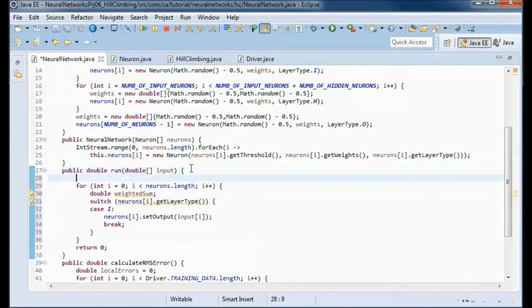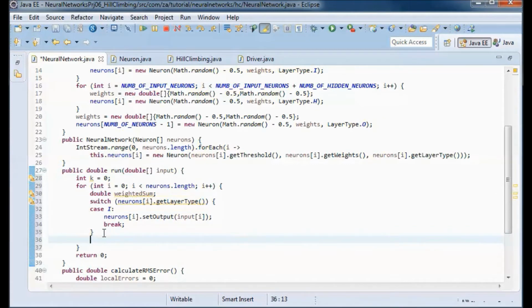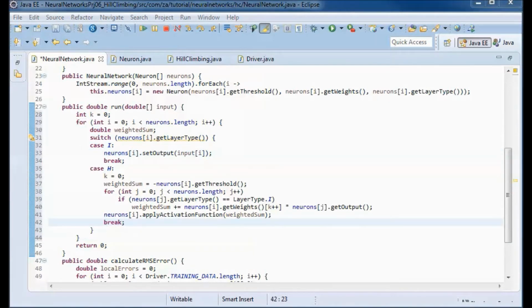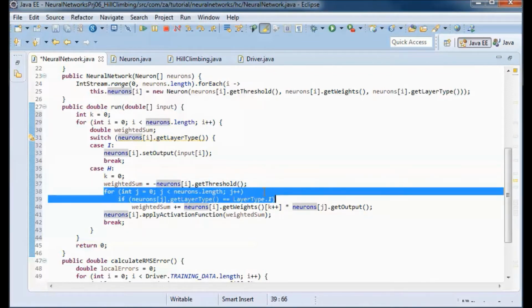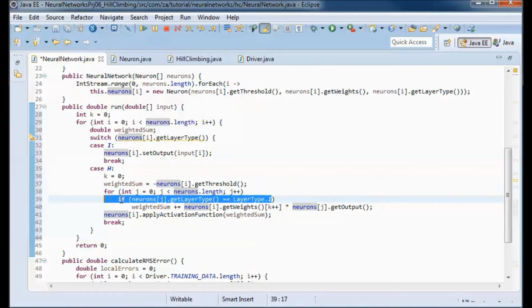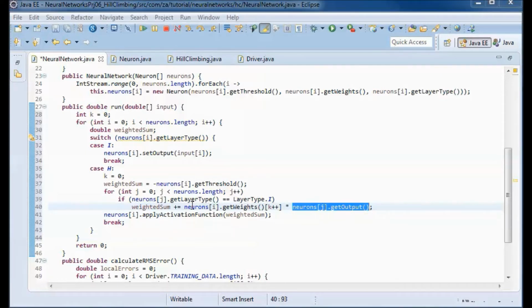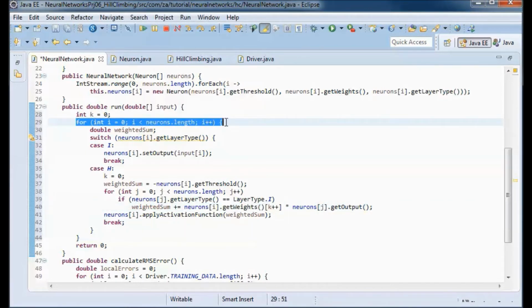And let me define this index, and if this neuron belongs to the hidden layer, then in order to calculate the weighted sum, we start by adding the threshold to that sum, and then we want to go through all the neurons and pick up the ones that are input neurons, and pick up the output of those neurons and multiply it by the weight of this neuron that is in the hidden layer.